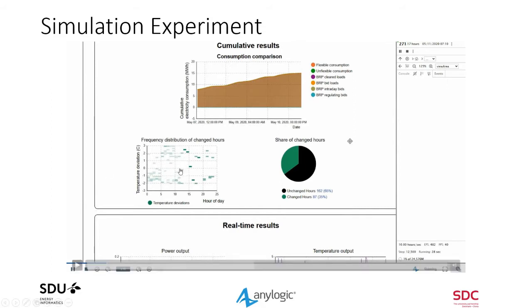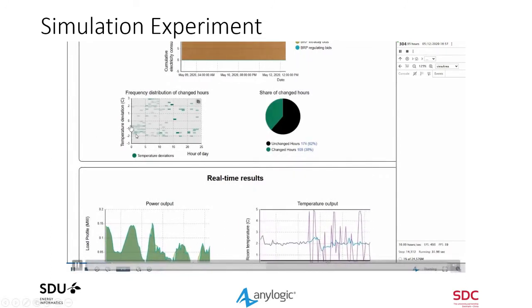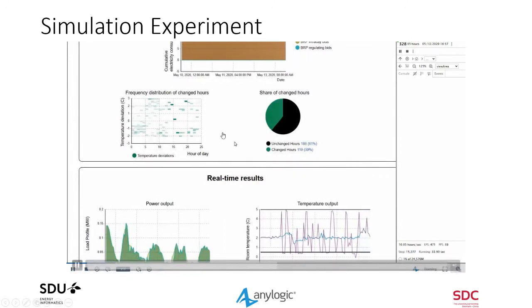This diagram on the lower left shows whenever you have a deviation in temperature, in which direction does it usually go? So for example, over those 24 hours, in the morning, you see that usually they tend to decrease temperature, so increase power consumption because power prices are low at that point. While later, the temperature tends to increase because power prices are high, so you want to shut off your cooling process. So that kind of tells you, okay, the simulation seems to behave well. It makes sense with what I would expect.